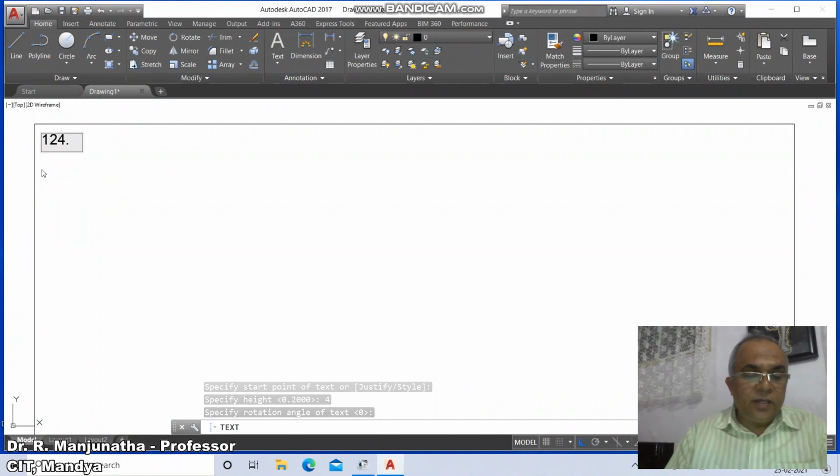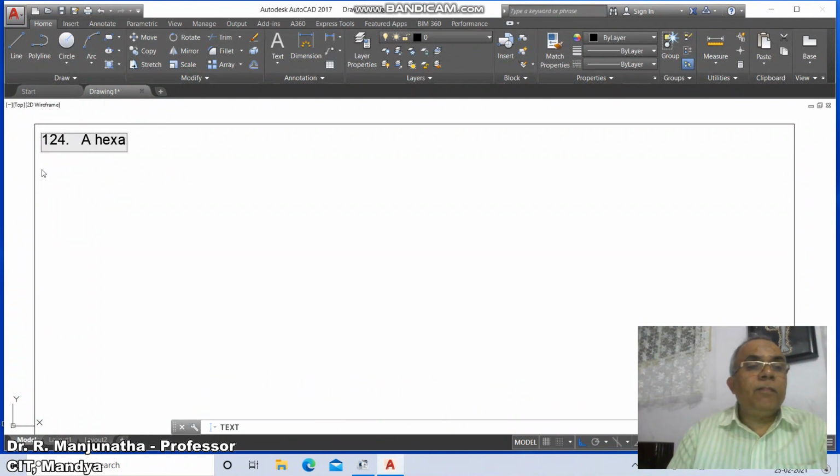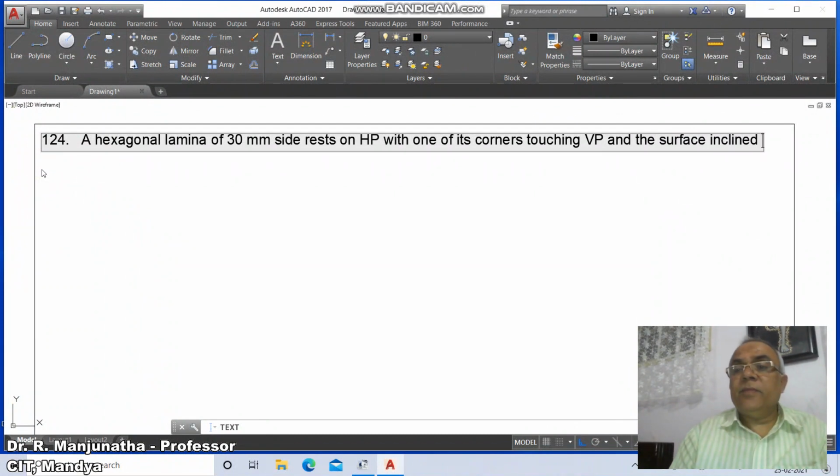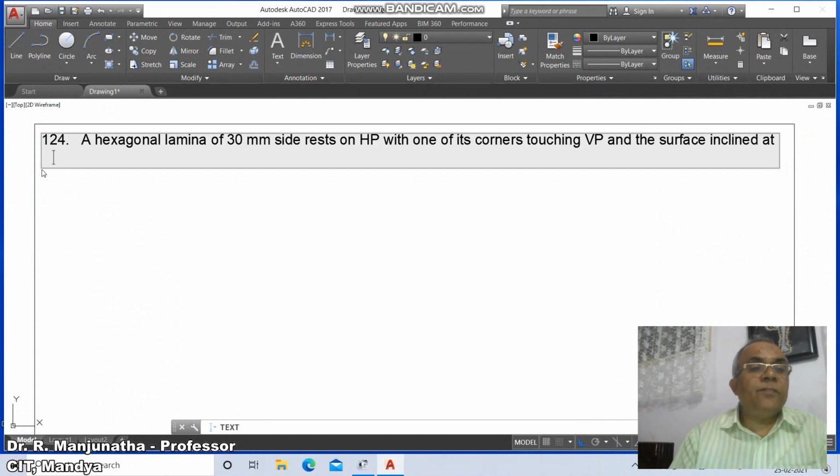Then the problem: a hexagonal lamina of 30 mm side, rest on HP with one of its corners touching VP and the surface inclined at 45 degree to it.